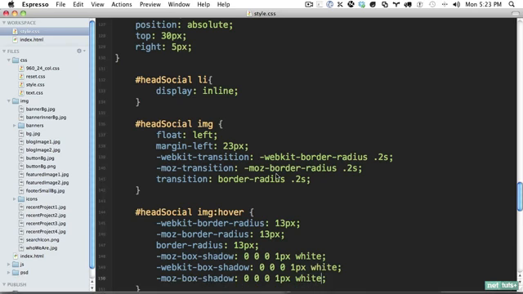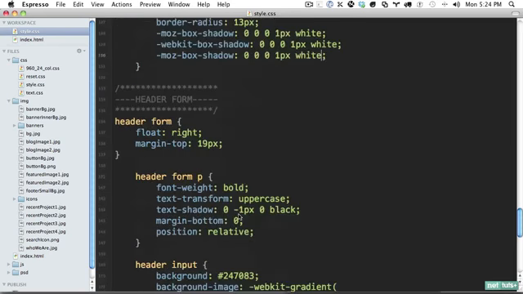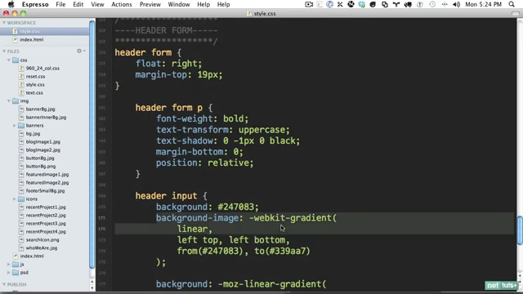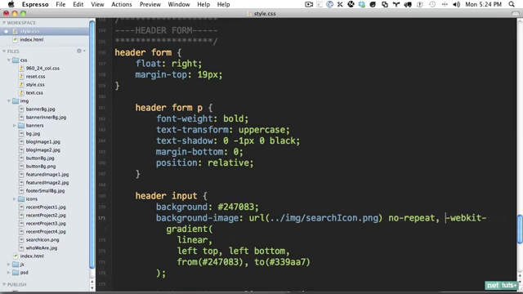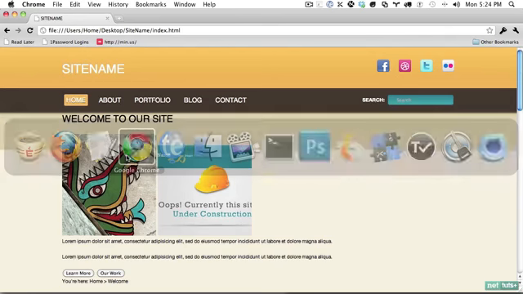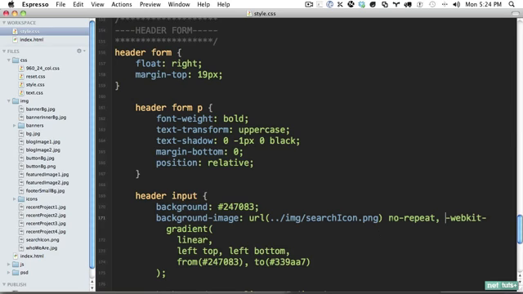Now this technique, I need to warn you, is only available in some of the latest browsers, like the current version of Firefox and Chrome, and this is multiple backgrounds. So if we go into our form and go into input, we already have this background right here. Well, watch what happens if we say background image is URL, go into the images folder and get search icon.png, set it to no repeat. And now we do a comma, and that'll separate the differences. Now we also need to position it, so why don't we say 100% to the right and 0% from the top, or maybe